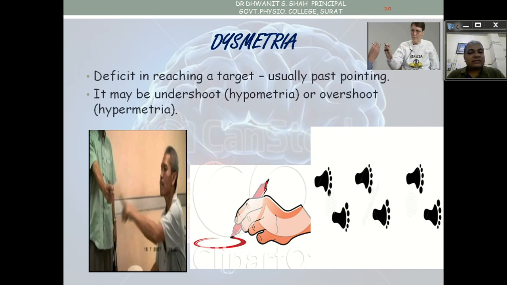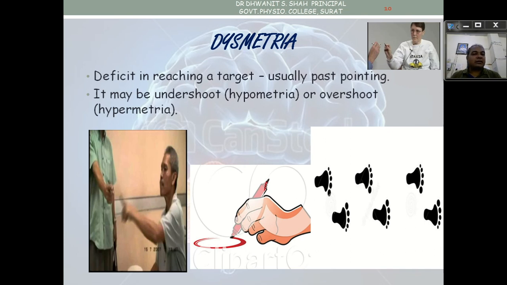There are two tests we can do here. We give the patient a pen and tell them to touch some object, then touch the opposite object, which may be wider or shorter. Another pen will be there. You tell the patient to touch tip to tip of the pen on both sides, or to touch the back side of the pen to each side, and see how well they are able to do it. The therapist is holding one, the patient is holding the other, and you tell them to touch.